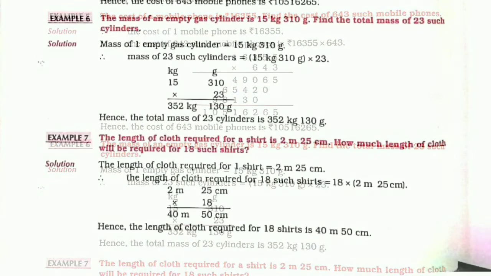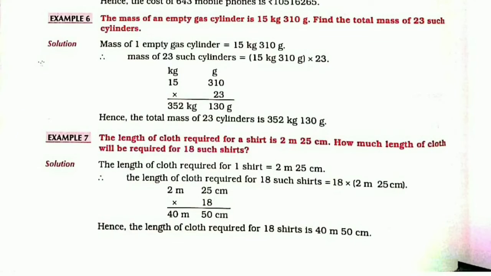Now we are going to solve the next example, example number 7. The length of cloth required for a shirt is 2 meter 25 centimeter. Means one shirt requires this much cloth. How much length of cloth will be required for 18 such shirts? And he is asking the needed cloth for 18 shirts. So for this question also we will do the same pattern. We multiply the cloth required for one shirt with the number of shirts. So the answer will be